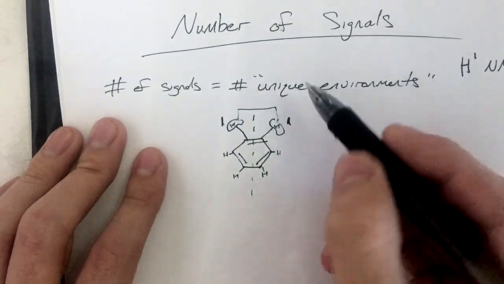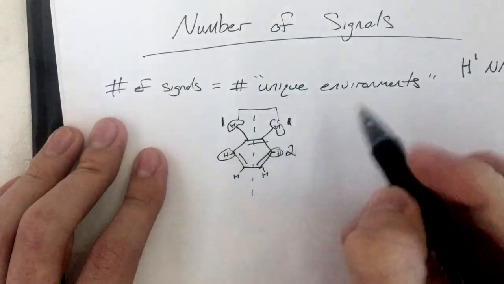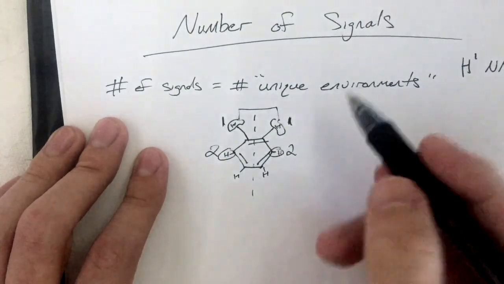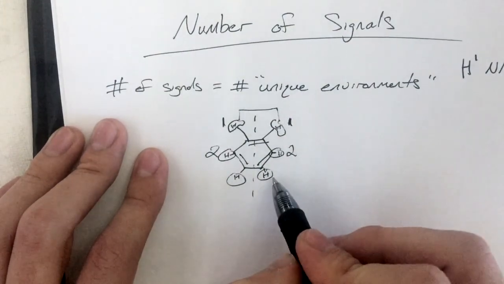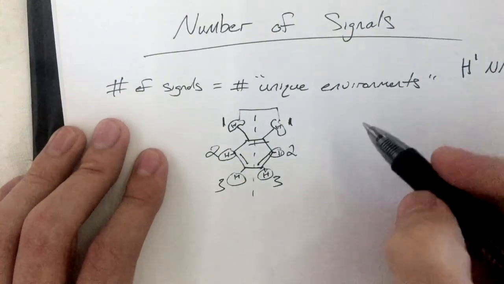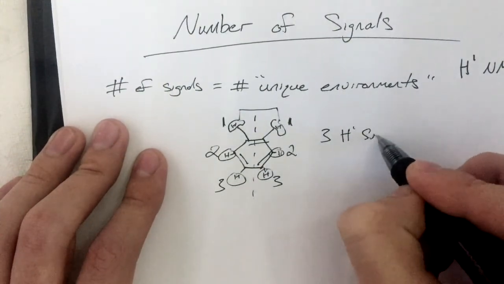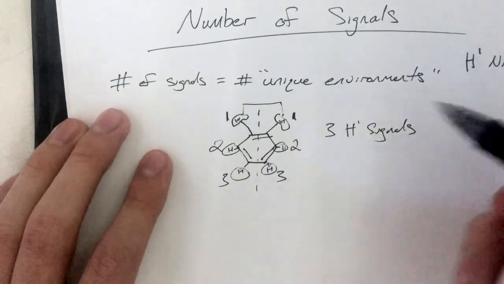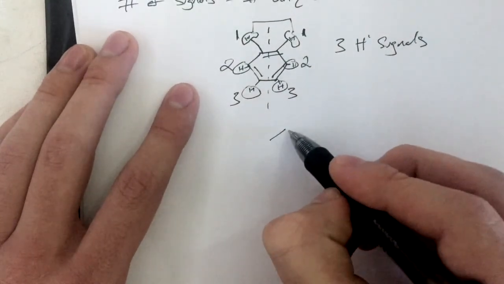Next one would be these two. These two will be their own same signal, and in addition to this one, 3 and 3. So in total, there are 3 hydrogen signals. Now, to illustrate another example with this ring,